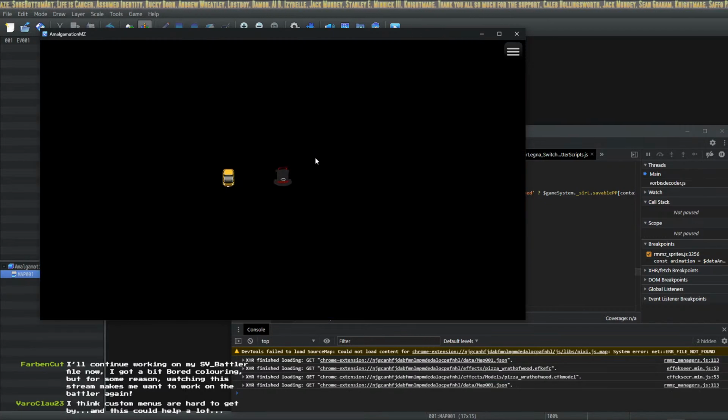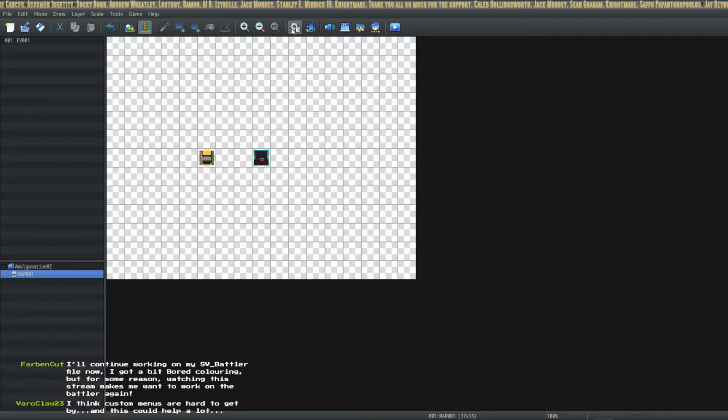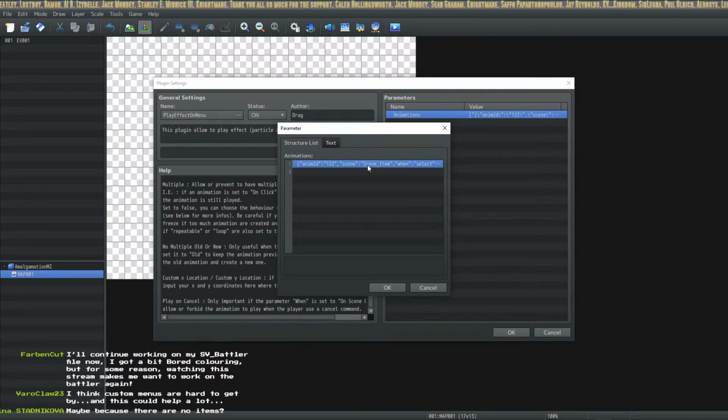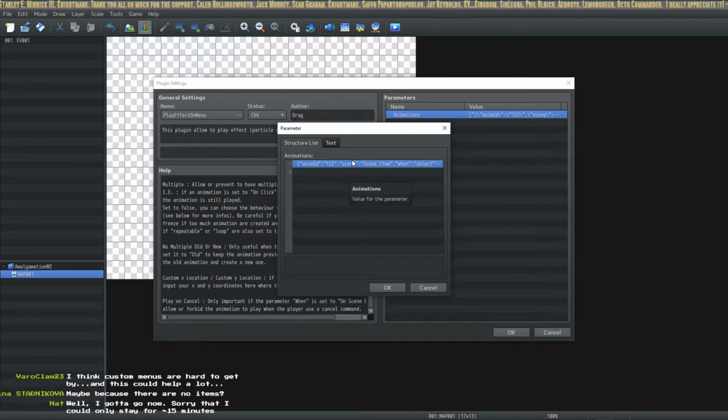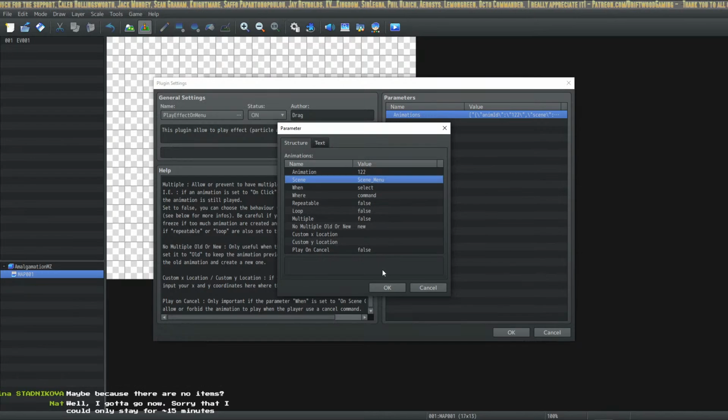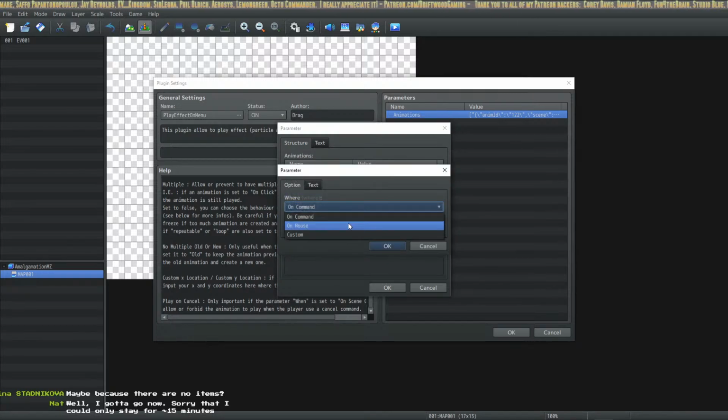Okay, hold on. Let's go back and mess with some parameters again. It did play a particle effect on the menu, which is already impressive. So we'll leave that one on scene menu, right? Because that actually did a thing. And where? Let's do